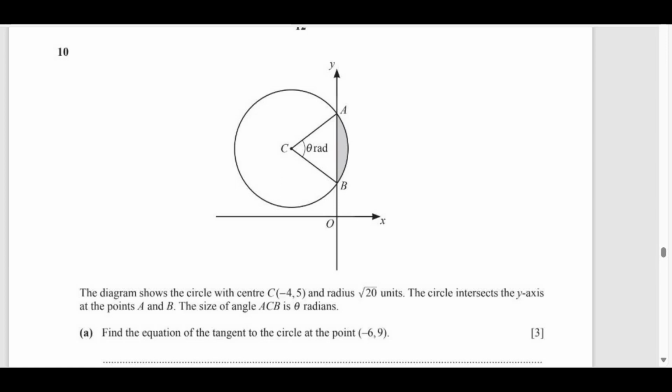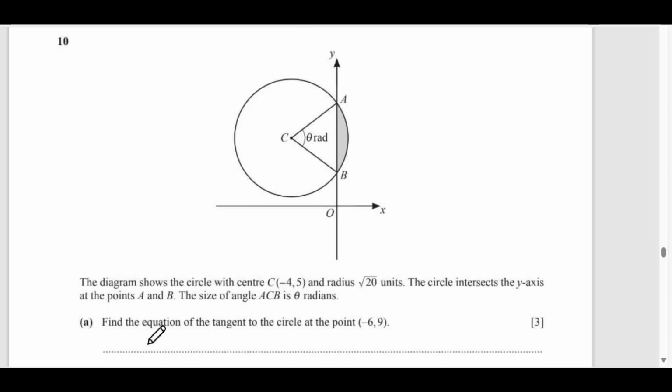Now question number 10. The diagram shows a circle with center C and radius this. The circle intersects the y-axis at the points A and B. The size of the angle ACB is theta radians. Find the equation of the tangent to the circle at the point (-6, 9). So